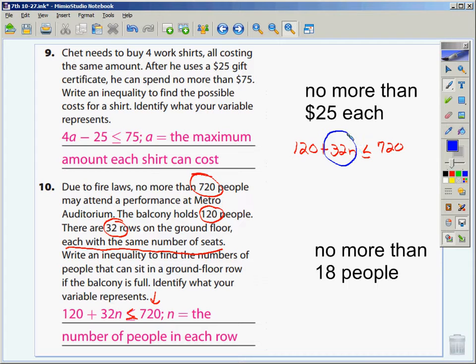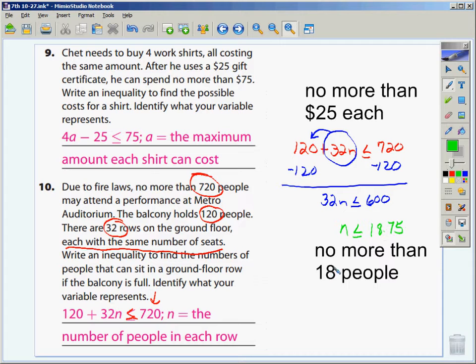What would I do to get n by itself first? How do I get rid of the 120? John, how would I get rid of it? Subtract it. It's going to leave me 32n is less than or equal to 600. Getting n by itself, now what would I do? Divide by 32. And I get